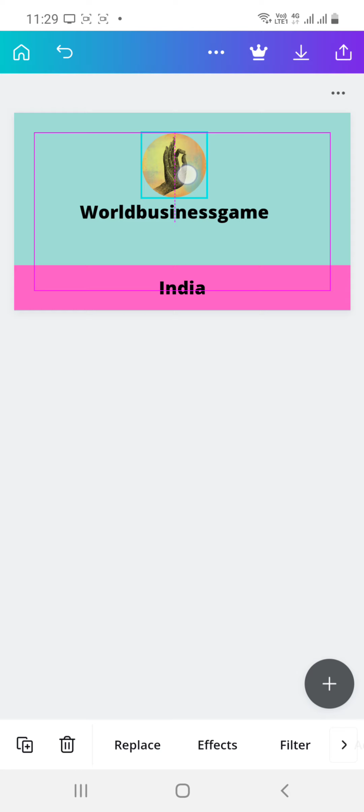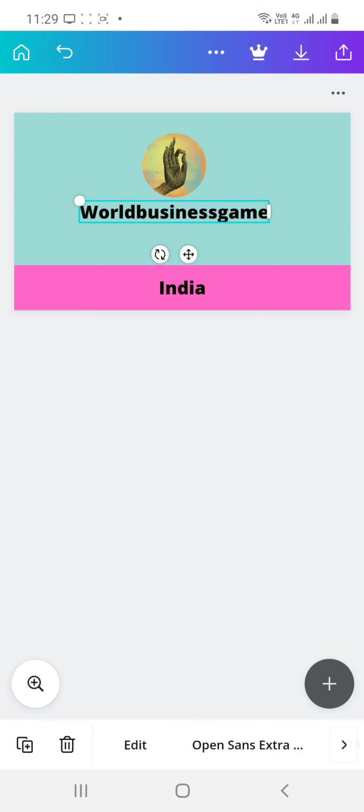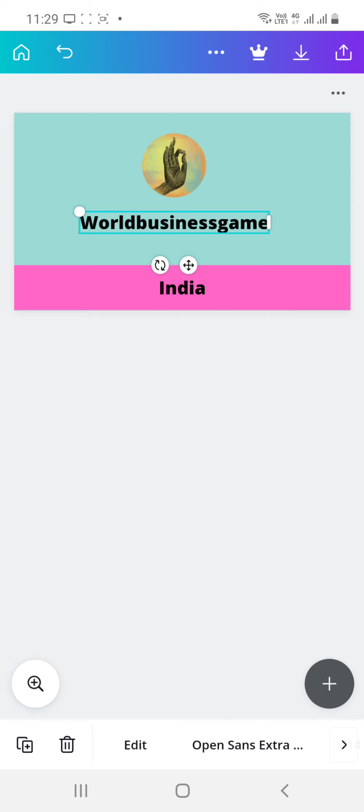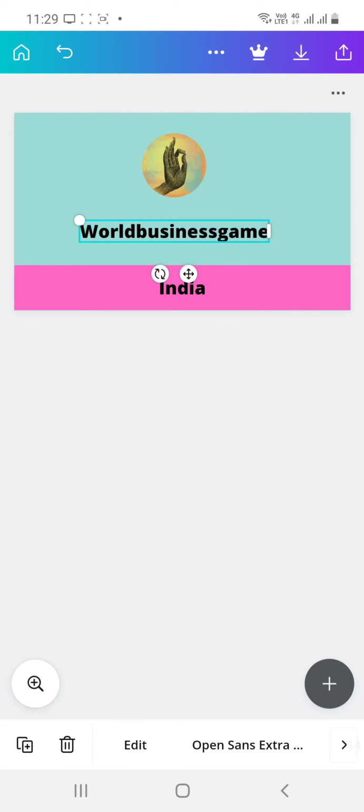See how simple Canva is. It just makes me love it because it shows alignment, and that's what I need to become a pro. Okay, suppose this is our logo.